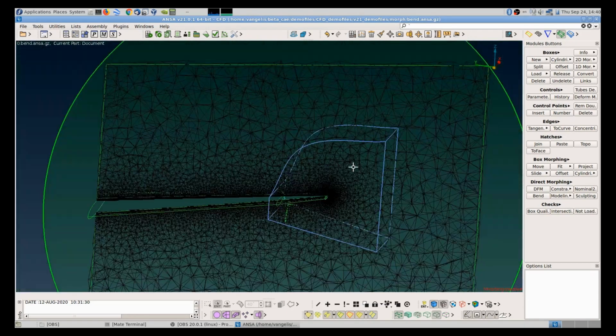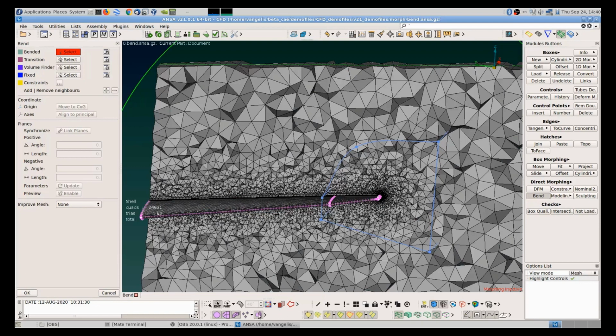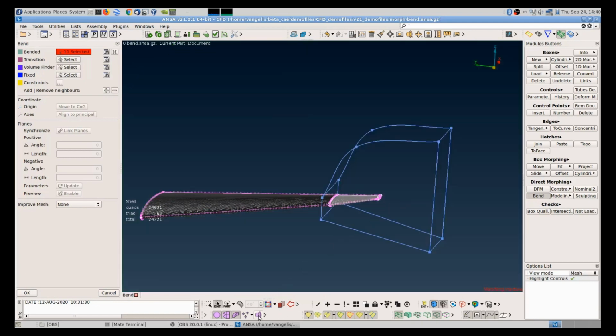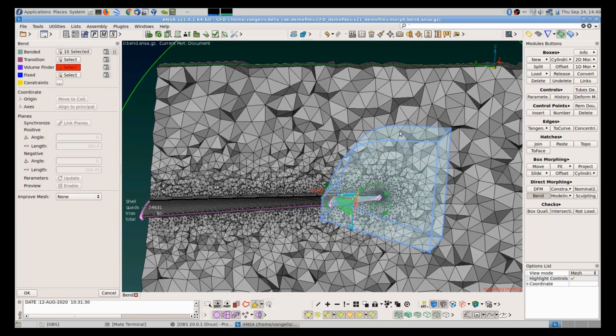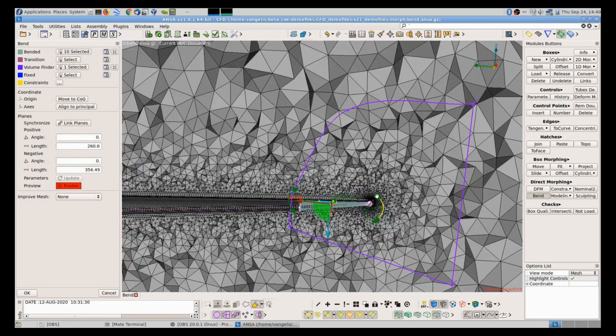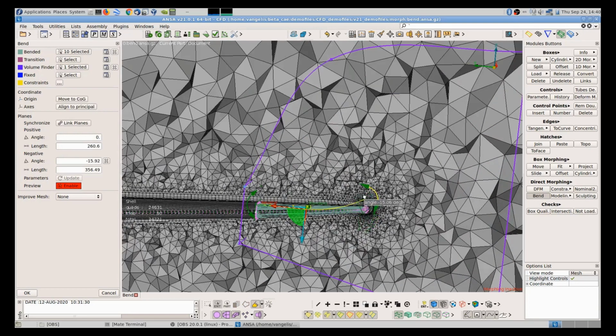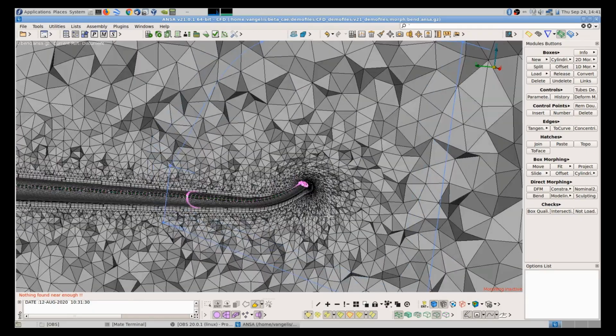For this, we have created in advance a size box that will include the area that will be affected. We activate again the function bend, we select the same macros, and now we will also select the volume finder to be this size box, so that now ANSA knows that it has to deform also the volume mesh inside this size box. And you can now again interactively select and deform the wing like that, and the volume mesh will follow.